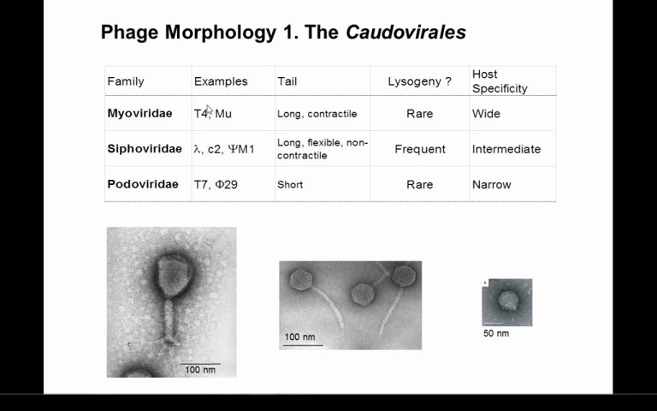Okay, so Myoviridae, like T4, are mostly lytic. They seem to be able to infect more than one bacterial host. Podoviridae, these guys here, are also lytic, but they seem to be very specific for one bacterial host. Whereas lambda and the other Siphoviridae can also have a lysogenic cycle. So before we see what that means, just